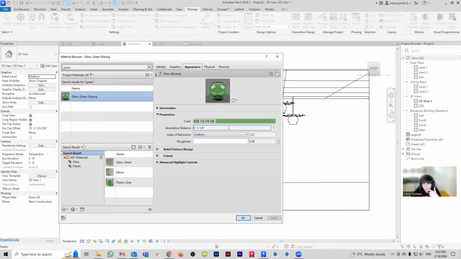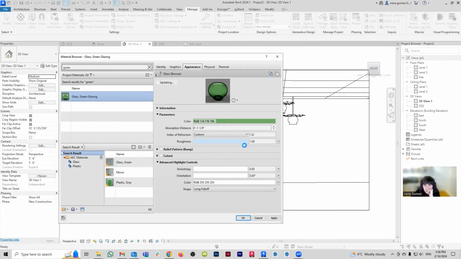So for example, with this one, absorption distance I think might be the equivalent of translucency. Let me see what I want here. Index of refraction is how distorted the light is. Right now it's set up to custom. I can leave it there, that's fine. Maybe we play with roughness. Basically what I want is this glass to look like it's sandblasted, because it's not about the glass not being transparent. It's about the glass being rough on the edges, so to speak. So I think roughness might be the setting, but it's not really showing here. Oh, there you go. Yeah, I think roughness is going to do it for me.